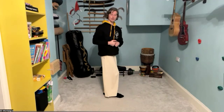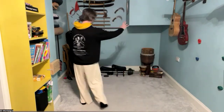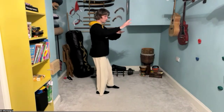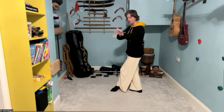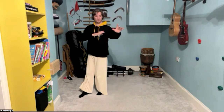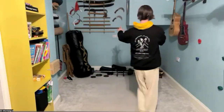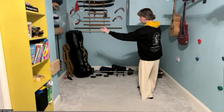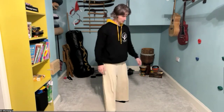Okay, let's start walking and let's see if we can chuck in a couple of those outside changes as we're walking. So slip and walk, slip and walk. And outside change, slip and walk. Outside change. You might notice sometimes my outside change, if I stand right here in the middle of the room,